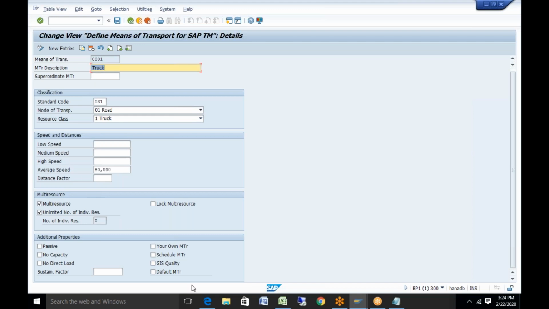If you are not using GIS to calculate the distance and the duration, then it is not required. And default MTR means, well, it's a default. And sustainability factor I've explained. That's it. And these all are based on the requirement of the client.